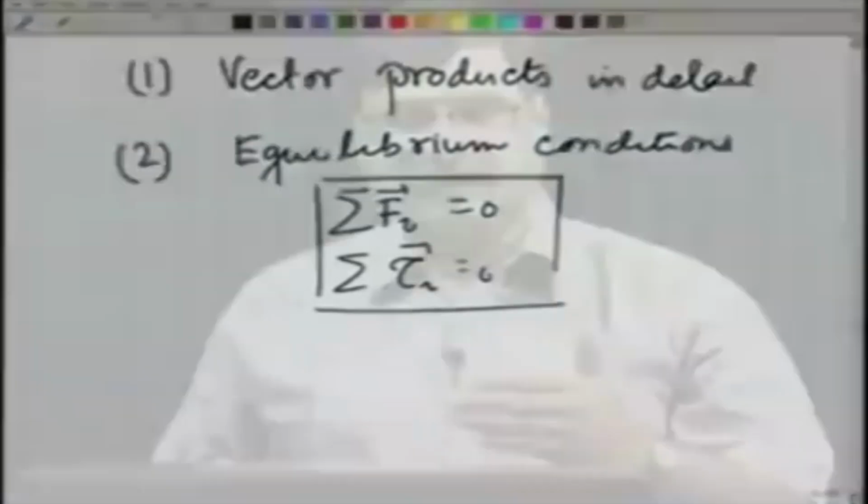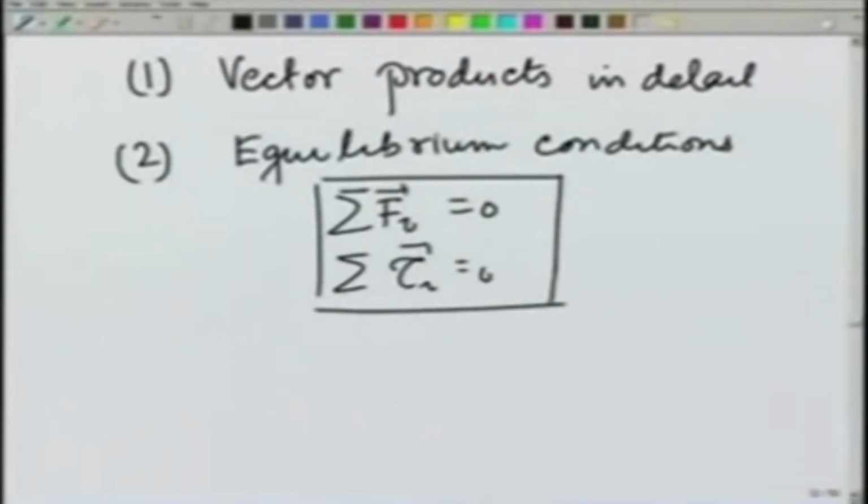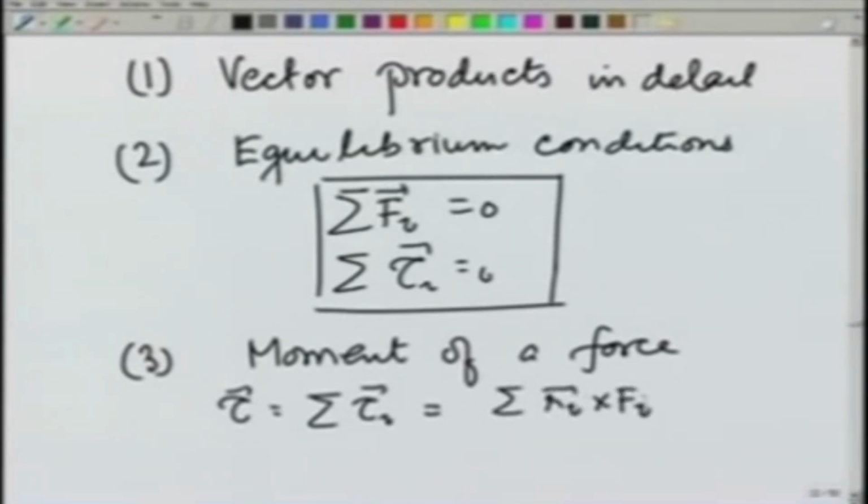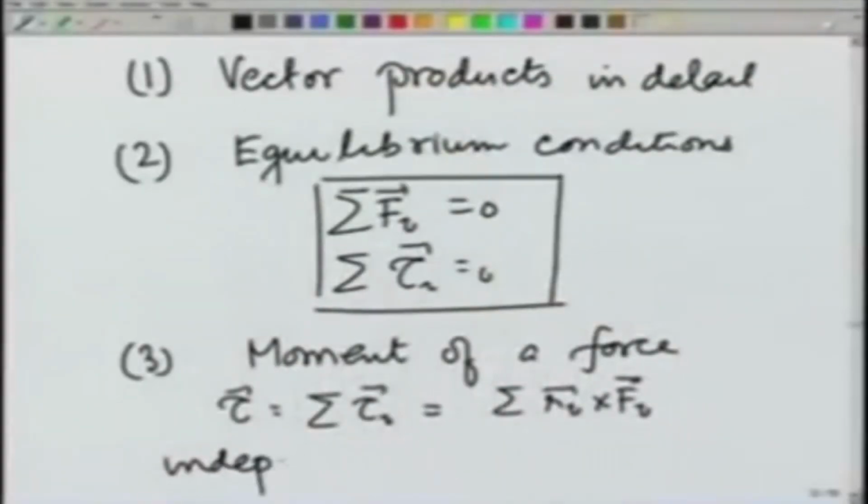Then we started looking at different aspects of equilibrium separately, and third, we looked at moment of a force and found that the total torque, tau, the sum over i of r_i cross F_i, is origin dependent, but becomes independent of origin